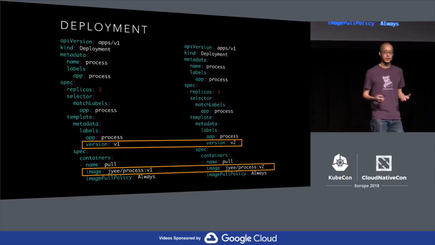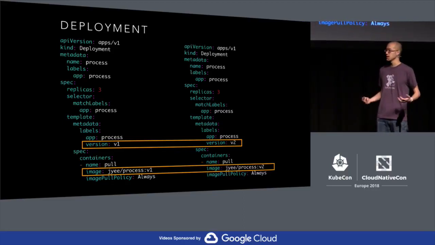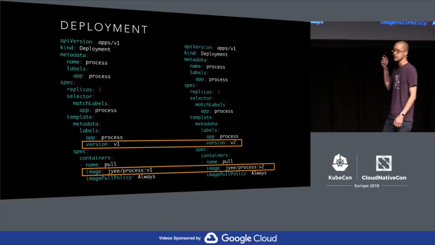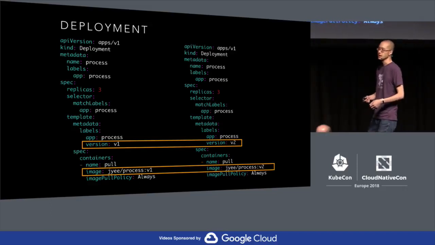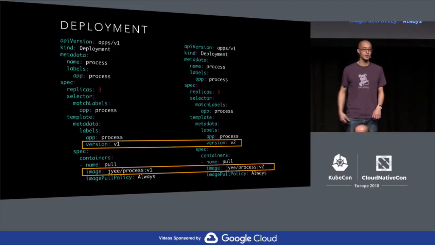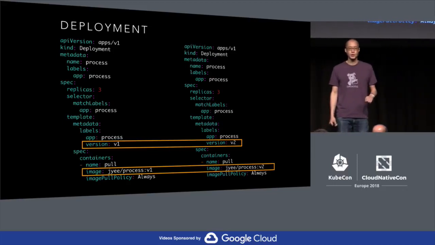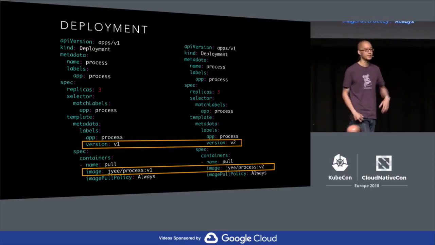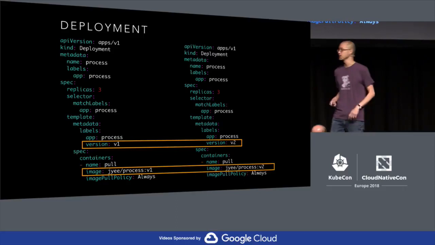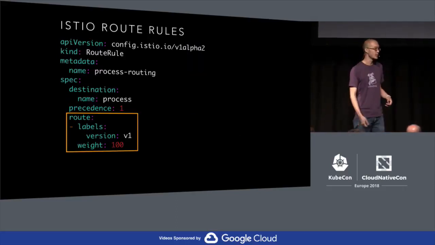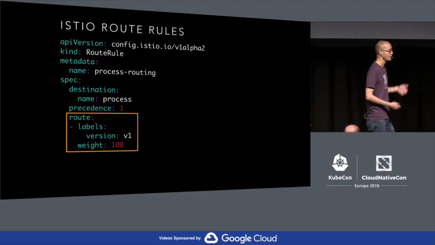The only difference is that with standard Kubernetes, you would have to manage both of these. You would set your replicas, and manually say that you want 10 replicas of version 1 and 1 of version 2, and then you'd have to manually tweak that down to 9 and 3, or constantly shift that. So that's annoying, and that's what's great about Istio, because with Istio, you have route rules,